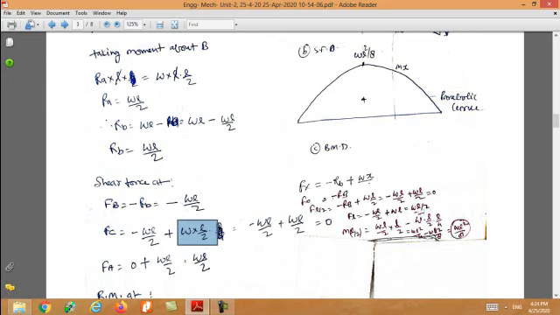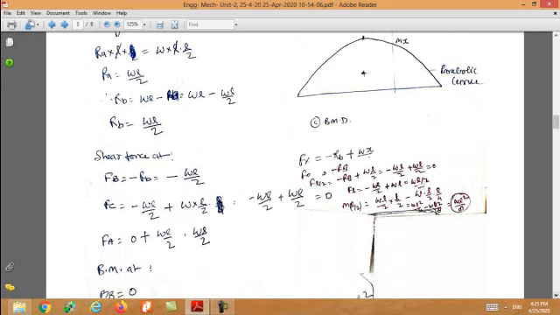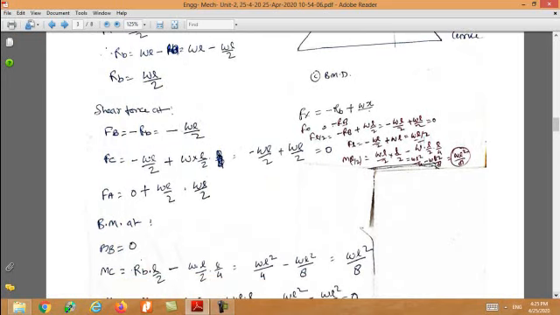So these are positive, negative according to these 4 diagrams. When you see these 4 diagrams, you can automatically decide positive and negative. There are no problems, is it? So finally FA is equal to WL by 2, and calculate the bending moment at B